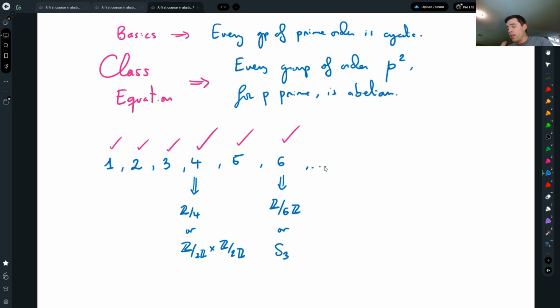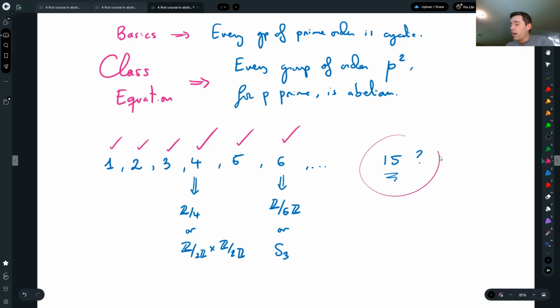And in any case, you can keep going like this until you get, for example, to orders like 15. What happens with 15, which is 3 times 5? We don't know anything yet that covers that case, but we're going to prove a result today that helps us uncover what's happening with groups of order 15. And the theorem that I want to show today is the following, which is going to be an application of the Sylow